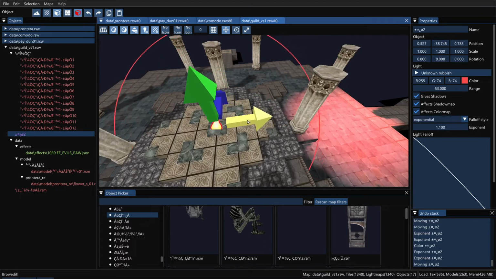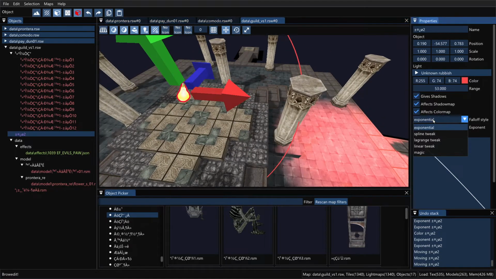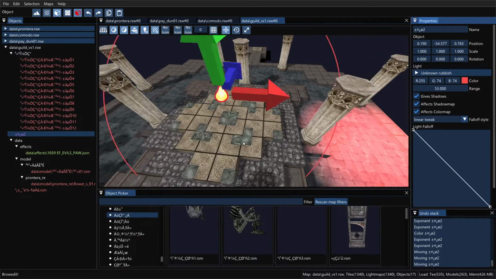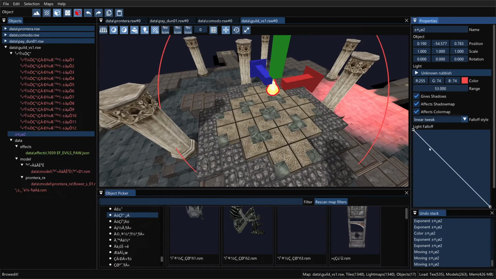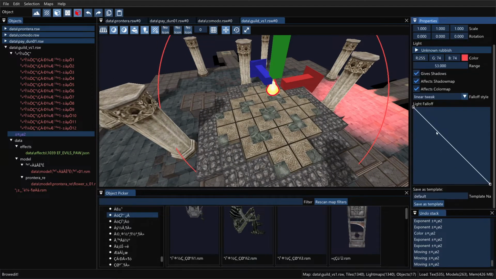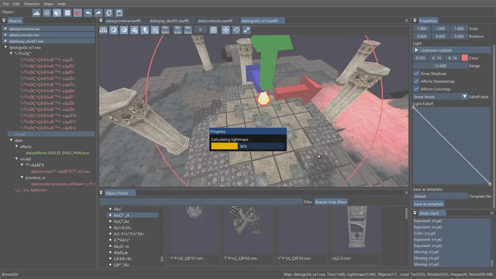And for that, you can actually completely customize this graph. We have a spline tweak, a Lagrange tweak, and a linear tweak. Then we also have a magic function. Don't use that anymore. That's the old BrowEdit 2 lighting function, and it's a little bit slower than what we use now. So the linear tweak, you get this little graph down here, and if I calculate the light maps right now,